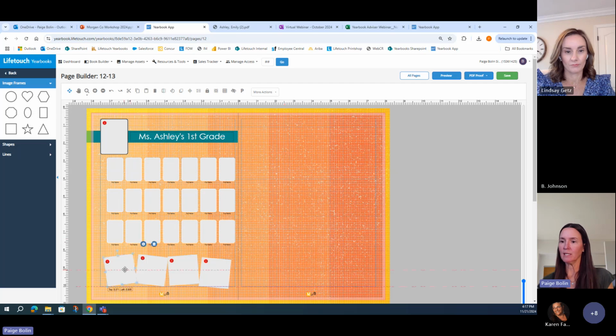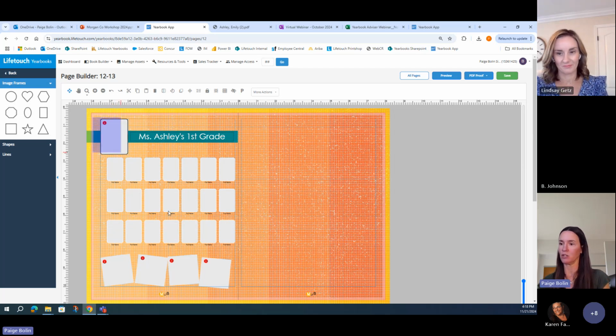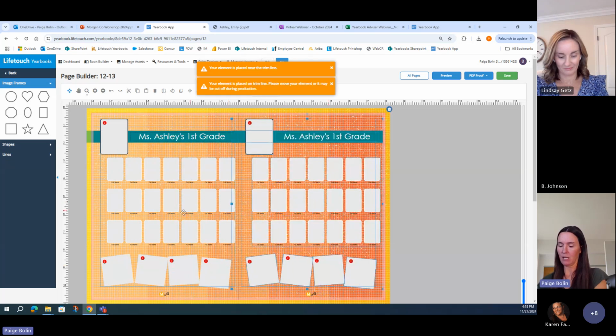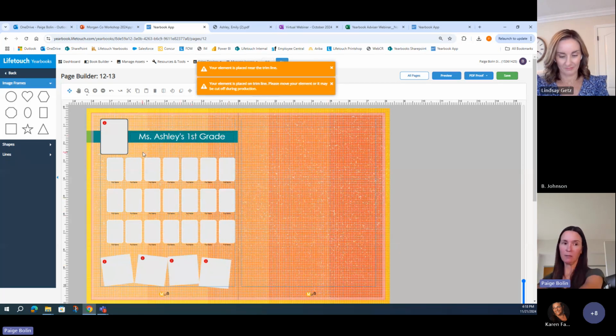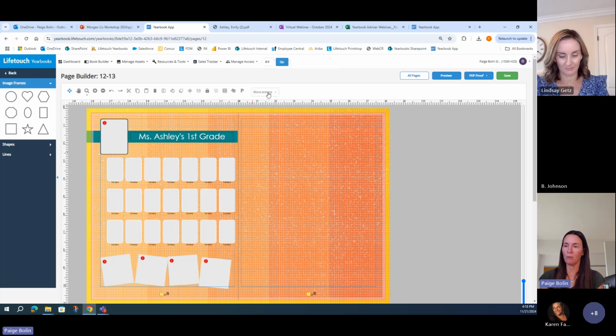Okay, so then let's say you're like, okay, this is how I want my pages to look. So one thing you can do is just copy and paste all this and put it on the other side. But you will have to do some moving around because it'll keep this teacher box on the left and that kind of thing. Well, I'll just show you real quick. So if you just copy and paste, you know, it's doing the exact same thing. But if you want this to kind of be mirrored, we do have a mirror option, but you will want